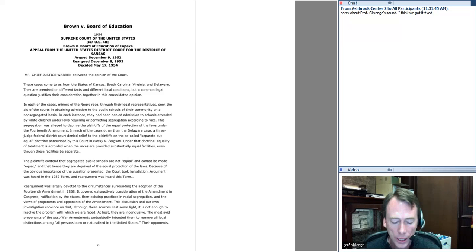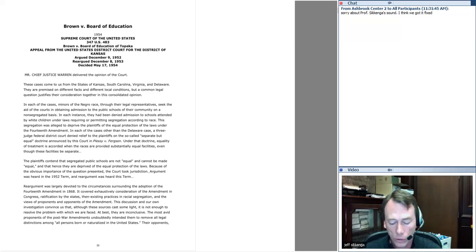His argument is that in public education, legally separate cannot be equal. Why is that? He does not say because the law has no power to see the race of individuals. He says because of the particular character of public education today. The first point he makes with respect to that